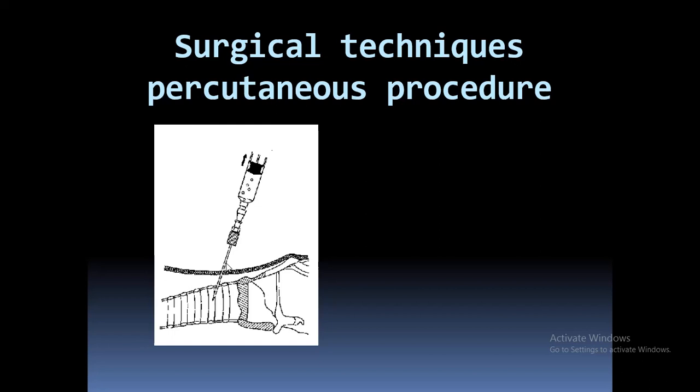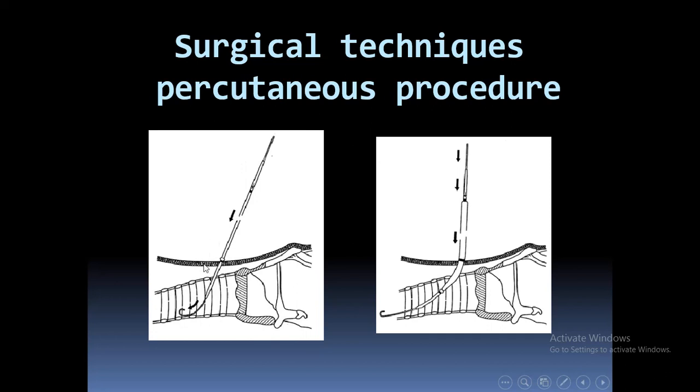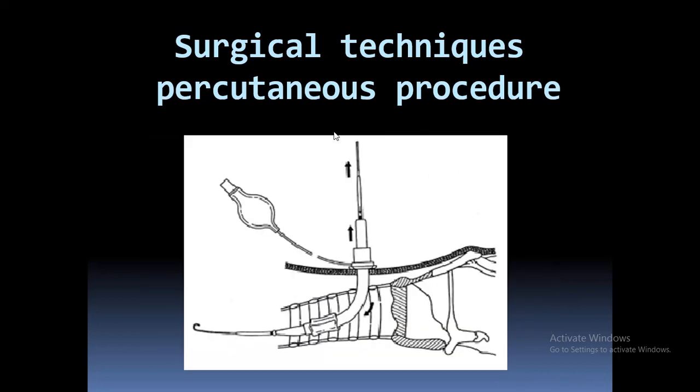In percutaneous procedure, you actually do it under a fiber optic visualization and with the help of a guide wire. This is a cannula which is inserted in the trachea. This is a guide wire, and there are certain dilators with the help of which you dilate it, and then over it you insert a tracheostomy tube. The percutaneous procedure is usually done in the ICU, where the patient is already intubated and being monitored, and it is also done under sedation.